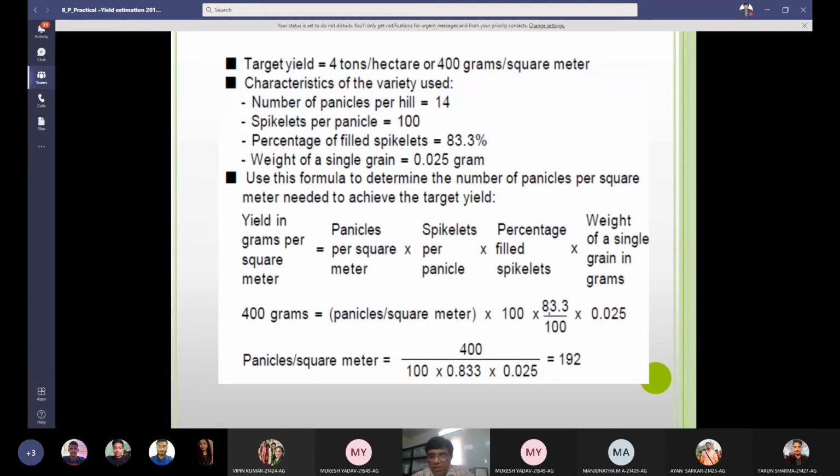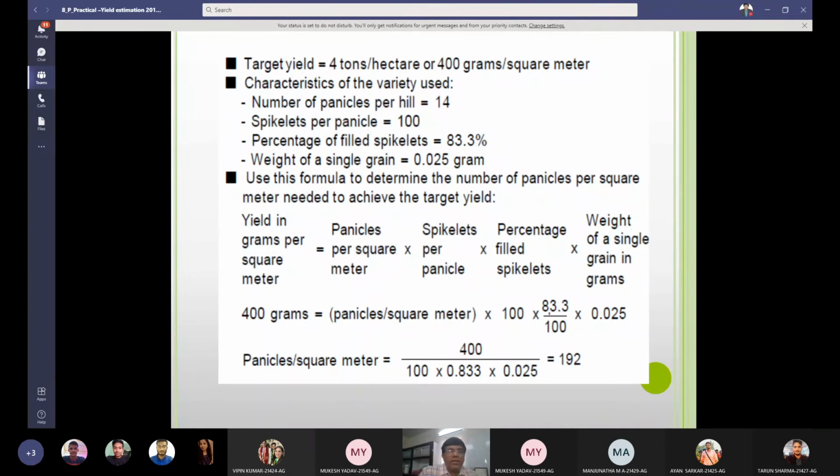Now, there may be some questions in your entrance examination, here and there in competitive exams. Last time I showed you how to calculate the grain yield of rice based upon yield attributes. Now, if I give you the targeted grain yield and you need to calculate the panicle number per meter square required, however, other parameters are given. See the example.